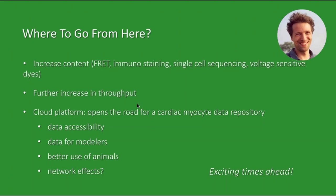Where do we want to go from here? I think it's going to be very interesting to increase content. If you can get a phenotype, contractility, we'll be very interested to couple the phenotype to what is actually happening inside the cell. Calcium is just one example, but there's no reason why you couldn't do FRET experiments. What I find an interesting thought is you measure the cells, you know the exact location, so you could do immunostaining, antibody staining,